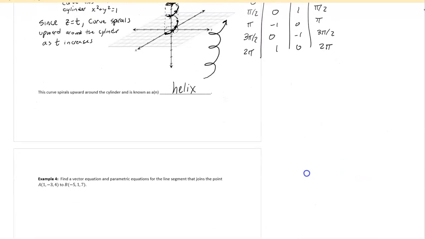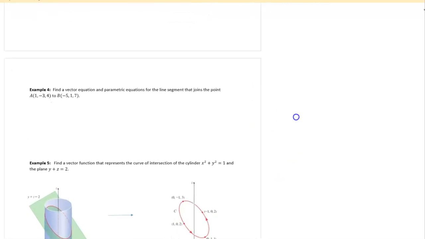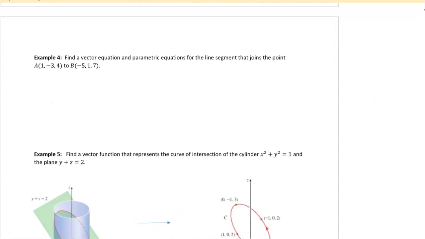Right. Let's move on. Our next example, we're going to find a vector equation and parametric equations for the line segment that joins the points. We've done this before. We talked about this already. I gave you a shortcut